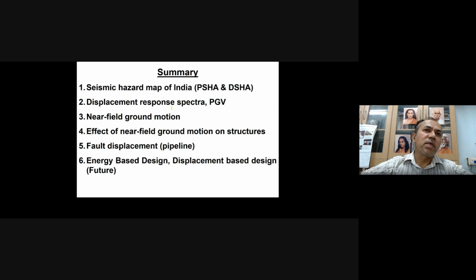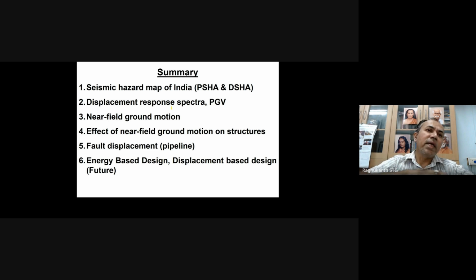Then of course, near field ground motion is very important. Right now the pipeline code is also going to come in our IS code. When you are designing a pipeline, fault displacement is very important actually. It is not the response spectra which governs the design; the fault displacement becomes very important. So this also we have calculated, and this table and other things will come in the pipeline code. It will not be in IS 1893. We are debating whether to incorporate it there or in the pipeline code, like for zone 5, how much this fault displacement should be, so that they can put bearings or something for the pipeline actually.